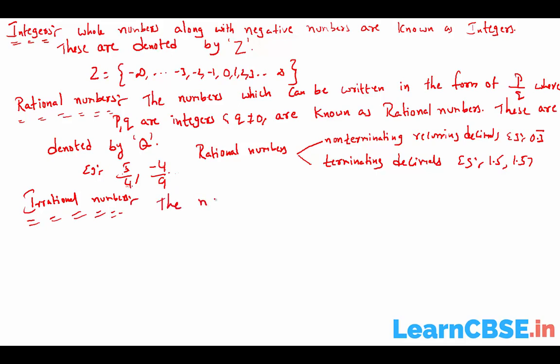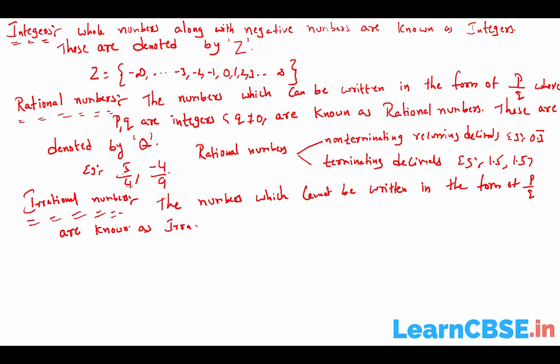The numbers which cannot be written in the form of p by q are known as irrational numbers. That means nothing but the numbers other than the rational numbers are irrational numbers, and we can say that